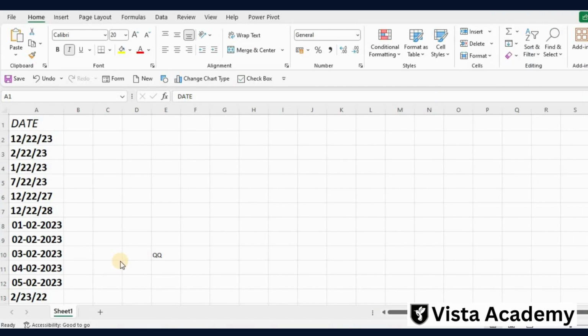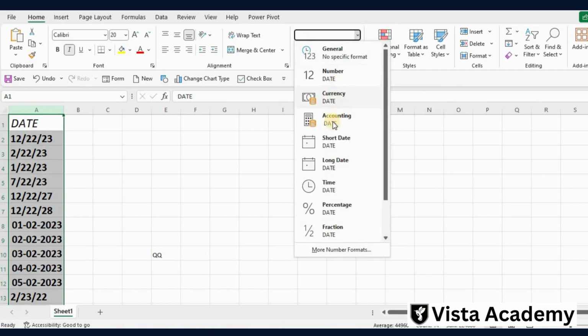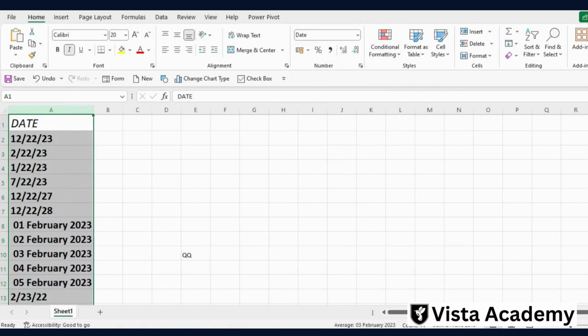Hello friends, in this video tutorial we will learn about date formats. We have a date format in Excel, so how can we use them and keep them in a better date format? Suppose I click over this, go to Journal, and change this to Long Date. Now what you will see is that we are able to change these dates because they are first